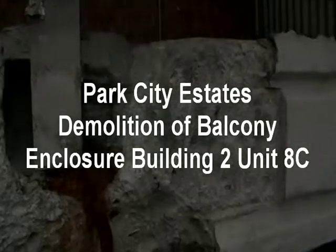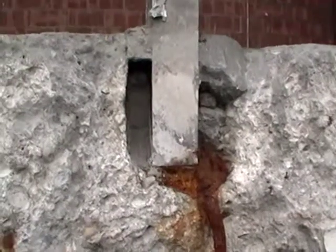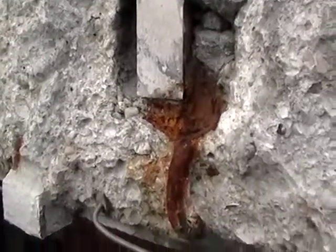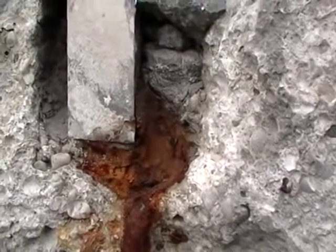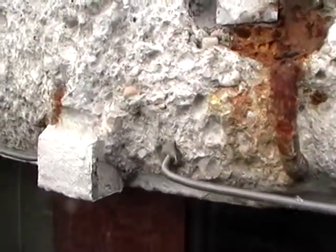This is the demo work at the railing post. You can see that all the spalled concrete, where the concrete was removed, was from a previous patch, and that the rebar is quite corroded and rusted, and there's some rust marks still in the concrete which will have to be raked out. Steel pins which were epoxied in are from a previous repair, and a lot of the aggregate that is